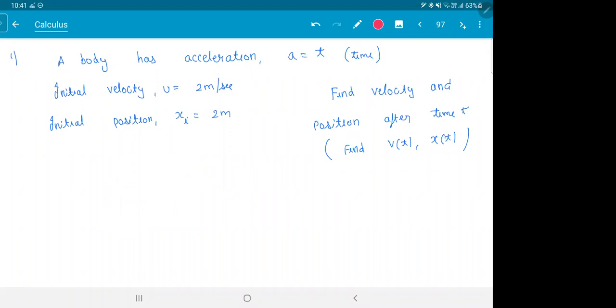Try. I'll give 3 minutes. Give it a try. It's okay if you get a wrong answer. It's important you try. Then I'll show you, then you can check what went wrong. Find velocity as function of time and position as function of time. They asked position as function of time in both the exams. Because when you need position, you have to integrate 2 times. First for velocity and then again for position.